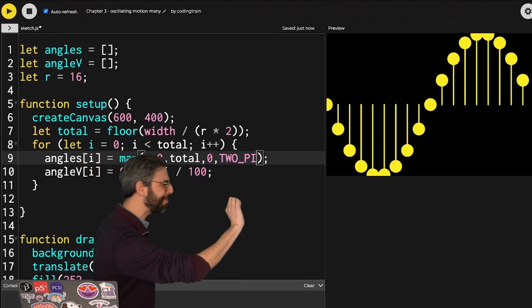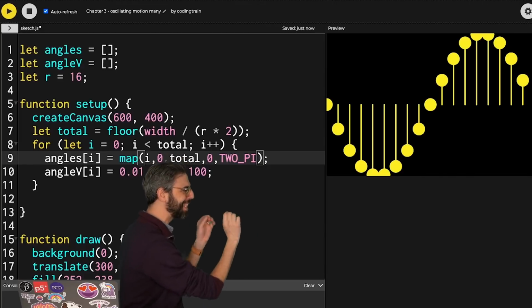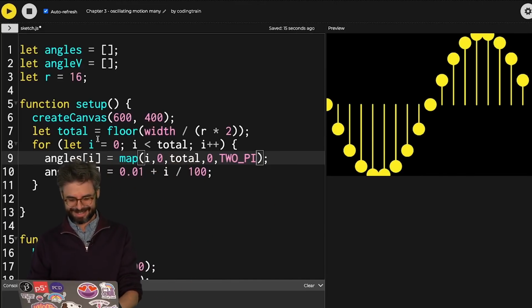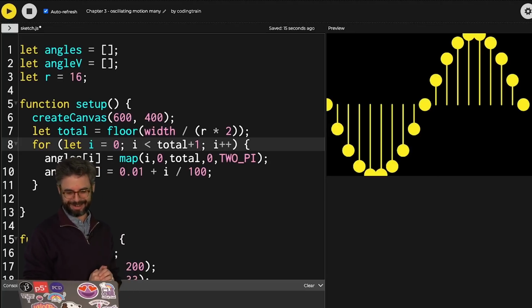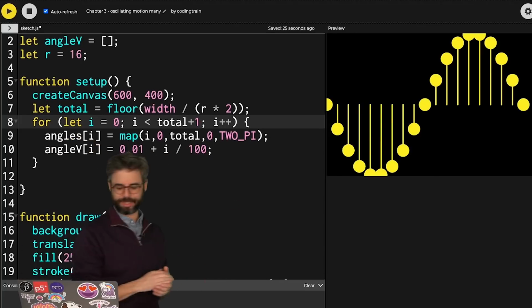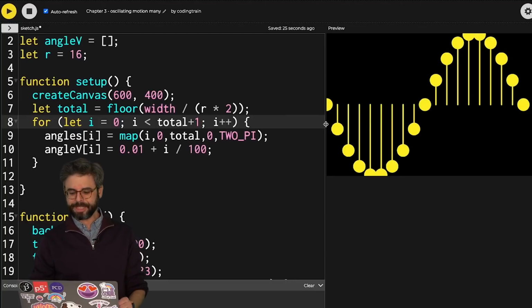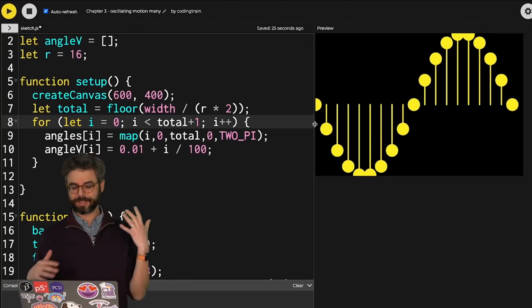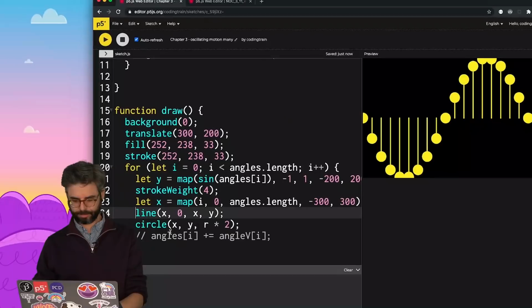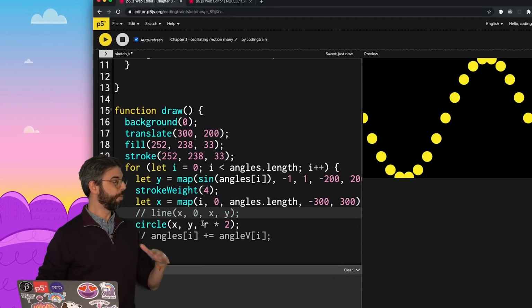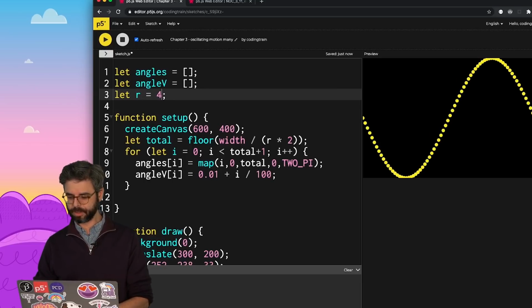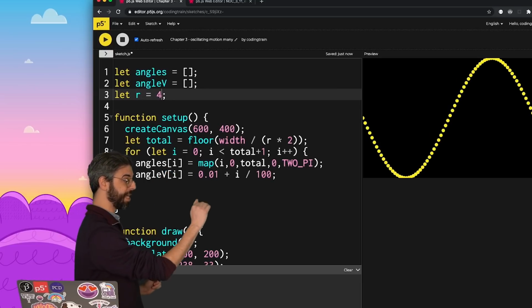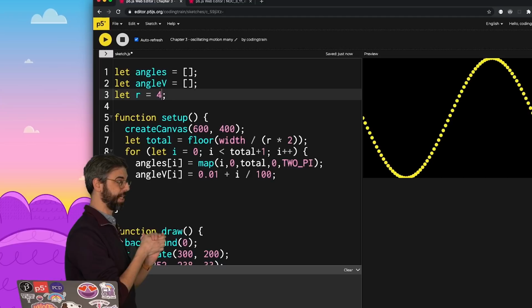And for some reason, the way that I've drawn this, I'm missing the last one. So I might do something like add one extra one here. And we can see I have that last one filled in on the edge of the screen now. Let me change the way I'm rendering this to be a bit more clear. I'm going to remove the line, and I'm going to make r quite a bit smaller. And we can see there are all the dots now graphing that particular sine wave.